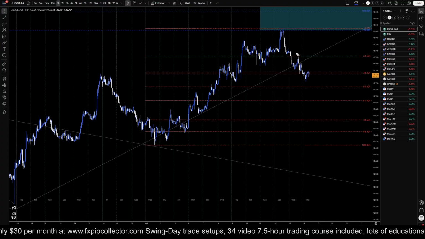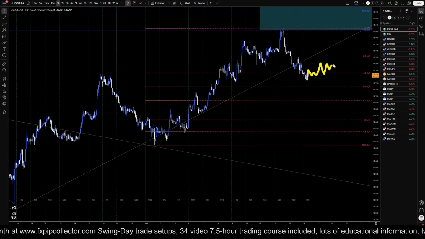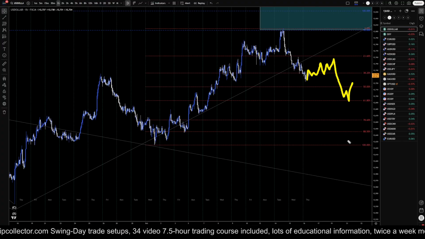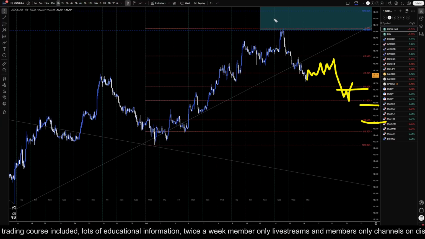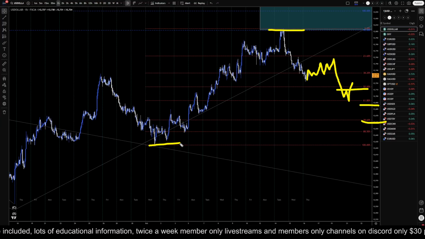If it's not a reversal, it will likely start making a very overlapping pattern, maybe something like this, most likely some sort of a three-wave pattern down to one of these Fibonacci retracement levels, and then it will break structure back to the upside, telling us that this is just a pullback to this last move up.